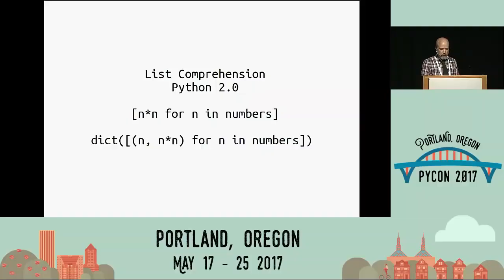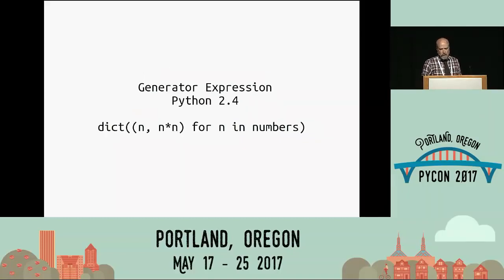Brackets and have the list created for you. That was great for lists. It gave us a way to build dictionaries, but the way was slightly roundabout. You had to build tuples, key and value, and it didn't look very much like a dictionary, and of course it was slower because you had to make a tuple per item that was then thrown away once they were inserted into the dictionary.